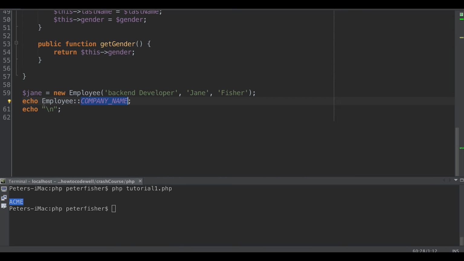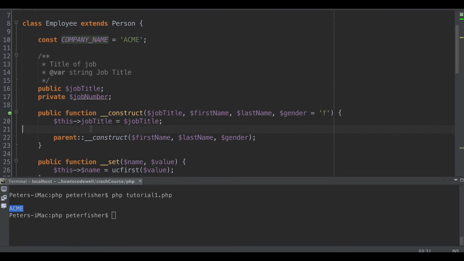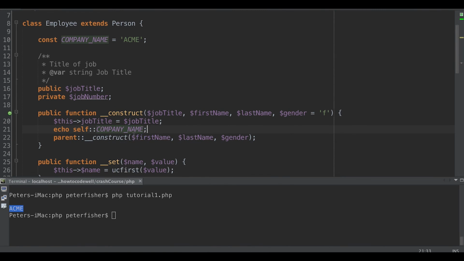Now we can also access the variable from inside the scope of the class. I'm just going to comment that out, scroll to the top, and I'm going to do echo. And because we're inside the employee, we need to do self colon company name, and so this is just going to echo out the company name when the class is instantiated. So let's just run that, and we can see that it has echoed that out as well. Let's just remove this line here